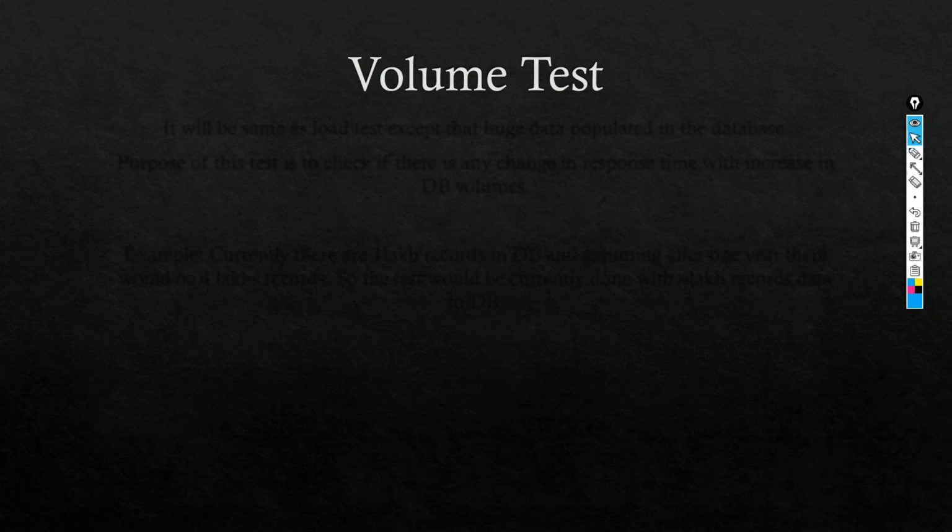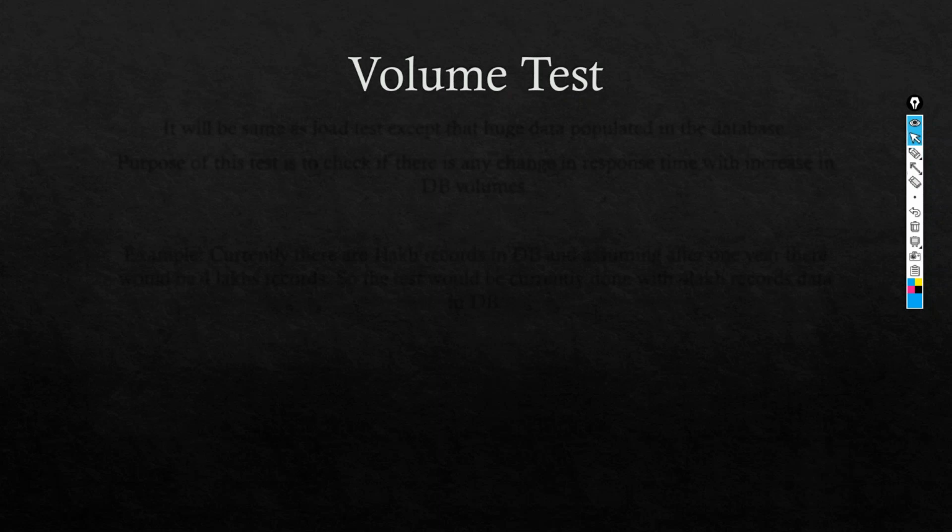Guys, this particular volume test, we will not do it frequently. In fact, I've not done it in the last 1 year, 2 years also. It purely depends on the client requirement. So what is this volume test? It is 99% similar to the load test only. It will be done for 1 hour. The number of users that we use for the volume test is the same as the load test. But the difference is we will intentionally insert a huge amount of data in the database and see how the application is responding, how the database is responding, how the database server is responding.